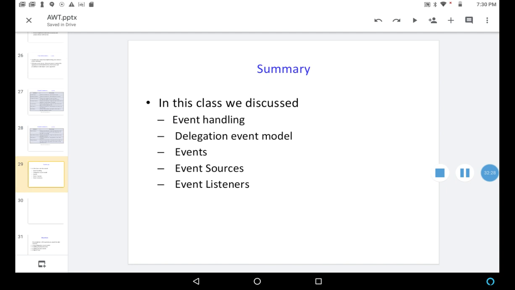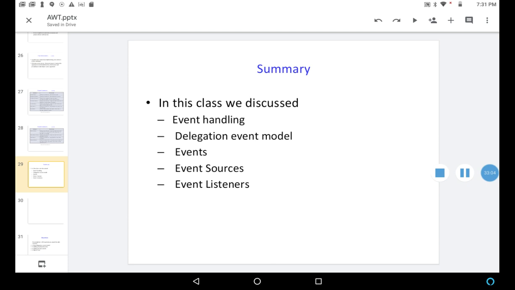If we look at the summary, what we have learned in this session is event handling: how to handle the events and what the delegation model is. When an event occurs at the source, the registered listeners get the notifications from the source which generates the event.